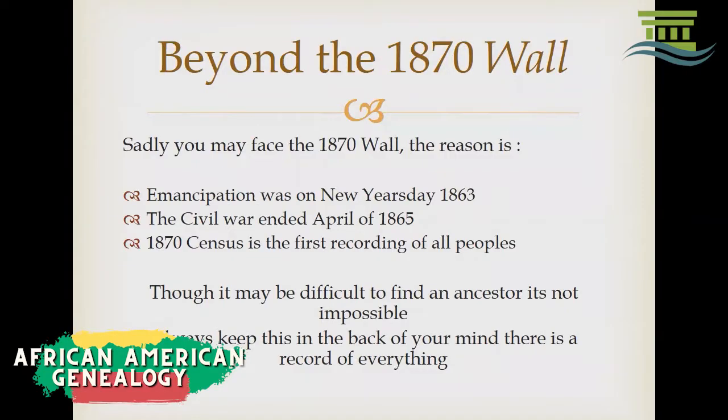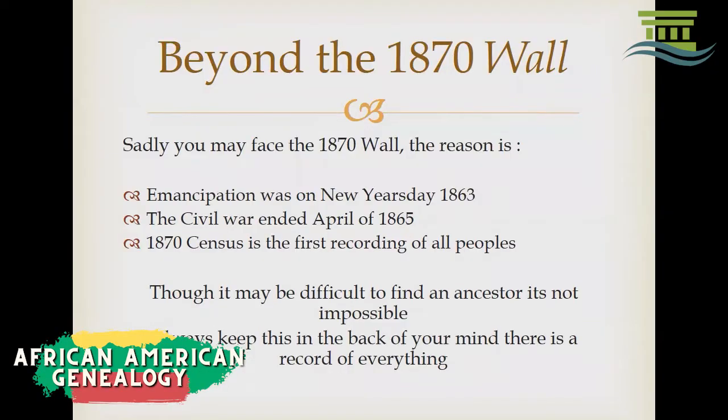The Emancipation Proclamation was signed in 1862, but didn't take effect till New Year's Day of 1863. So we've got a gap between the end of the war, the Emancipation Proclamation, and that very next census, which is 1870. So everyone on the 1870 census is listed as free and is named on that census.